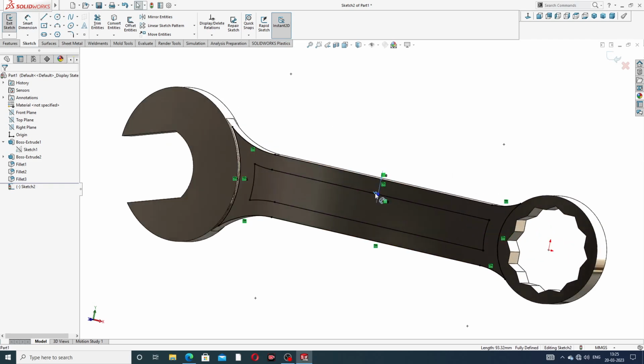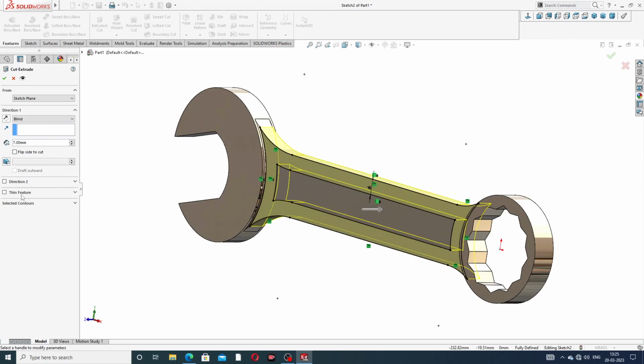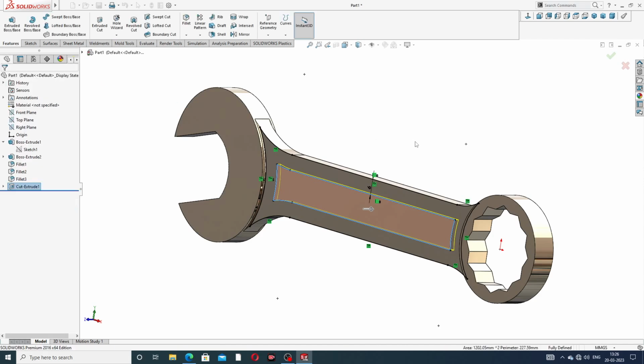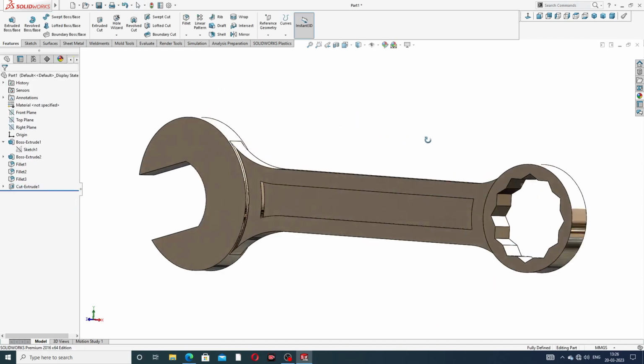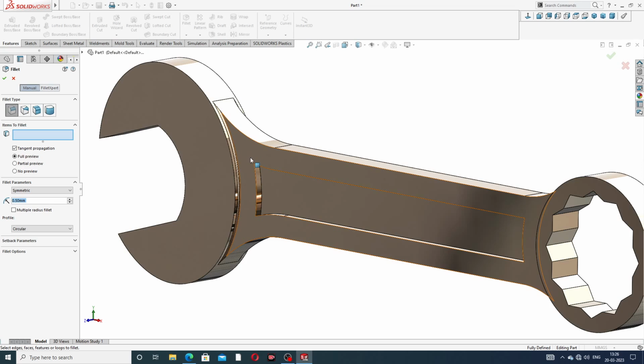And this 6 millimeter is the cutout, and click extrude cut. Extrude cut is this, this is the contour. Select here this sketch, and this thickness is 2 millimeter, perfect. Click OK. Okay, this is perfect, and the fillet is used here. This is 2 millimeter,